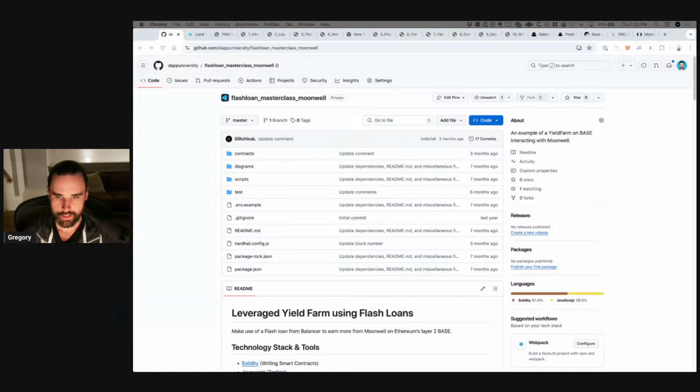So tonight, let's talk about what we're going to cover. We're going to talk about the basics, like what are Flash loans? And how can you use them? We're going to perform a basic Flash loan so that you can see how to actually do one step by step. And then we're going to set up an application that uses Flash loans to generate passive income.